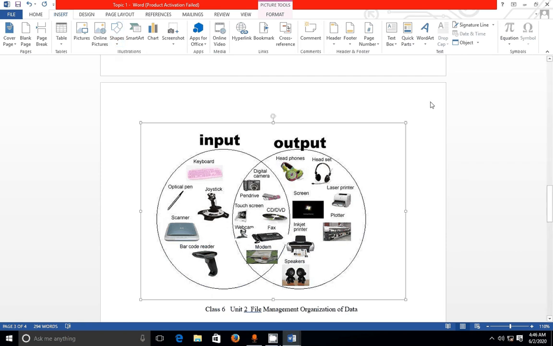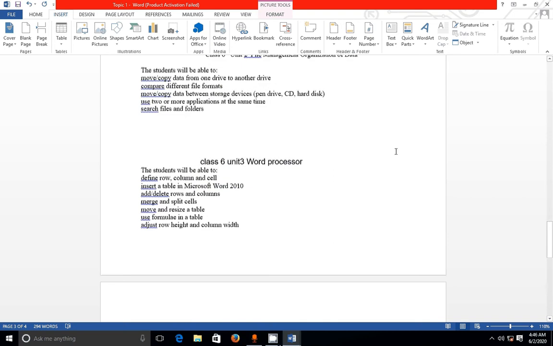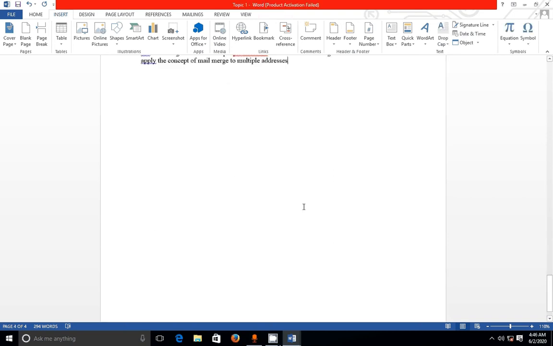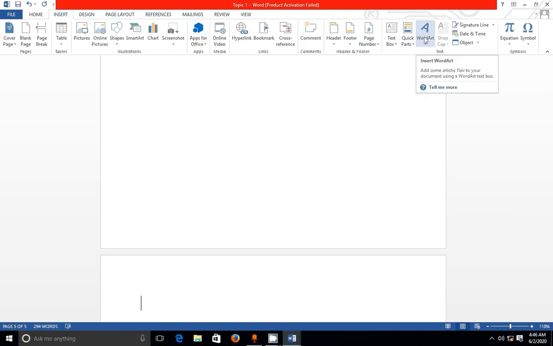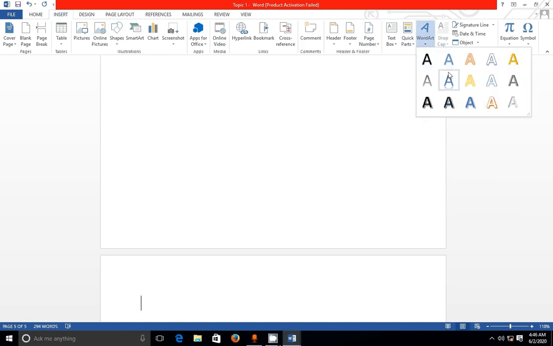Suppose I want a WordArt. In the Insert section, the function is available, WordArt. Select any WordArt style. Suppose I want to select this style.